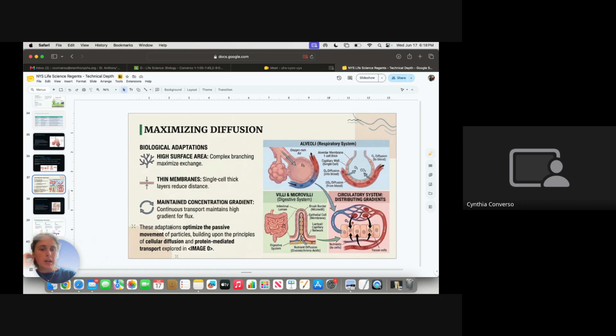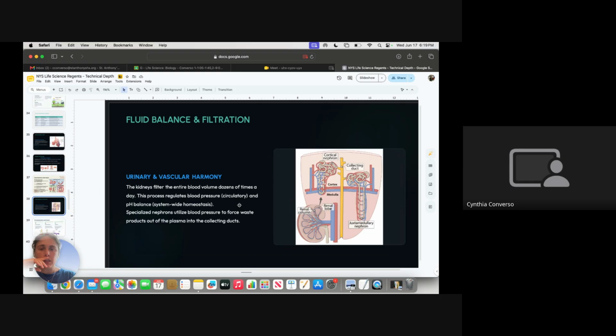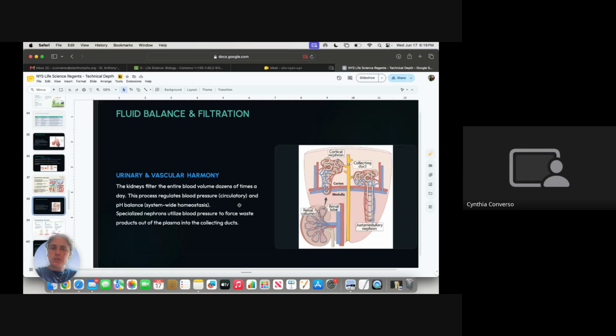These adaptations optimize the passive movement of particles, right? Passive means it takes no energy, it's doing it on its own, it's the natural state of things, right? So this is building on the principles of diffusion and transport that we talked about in the first review session. Right. Moving forward to